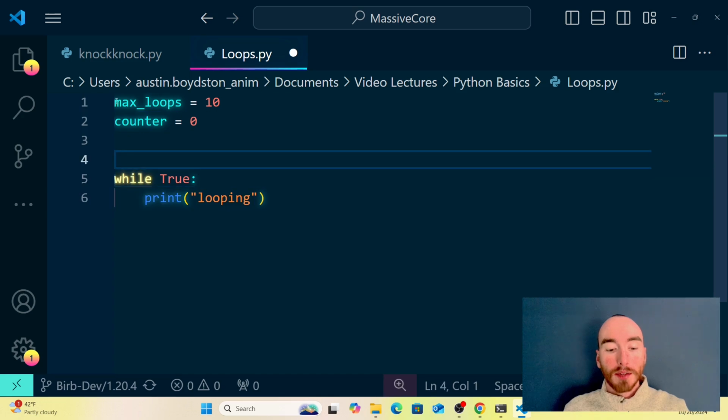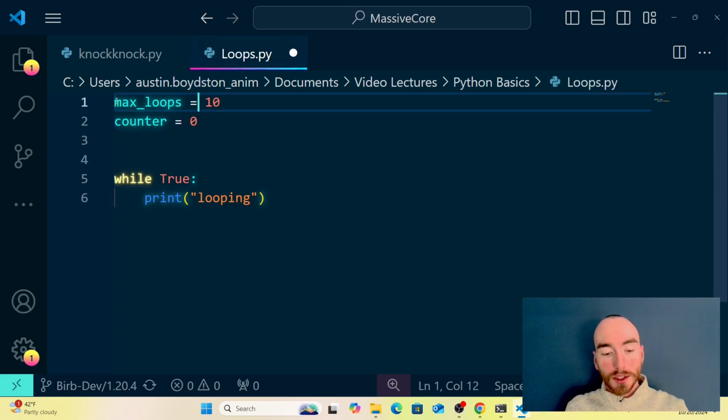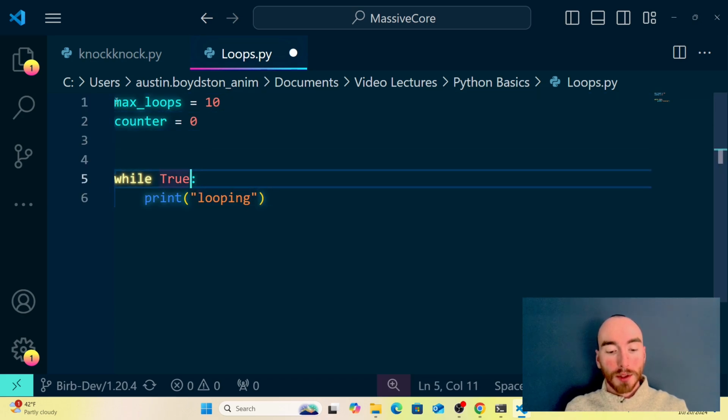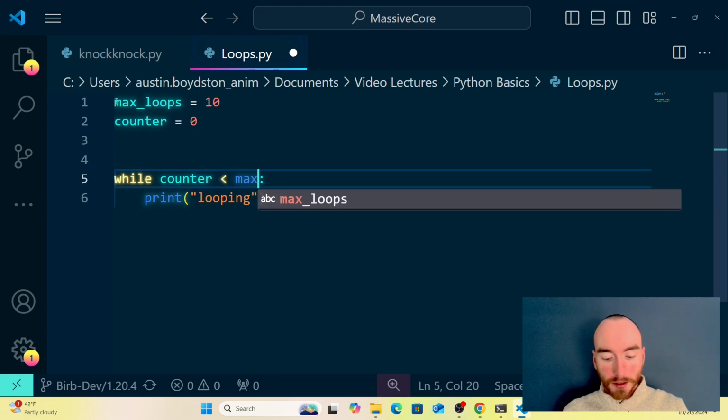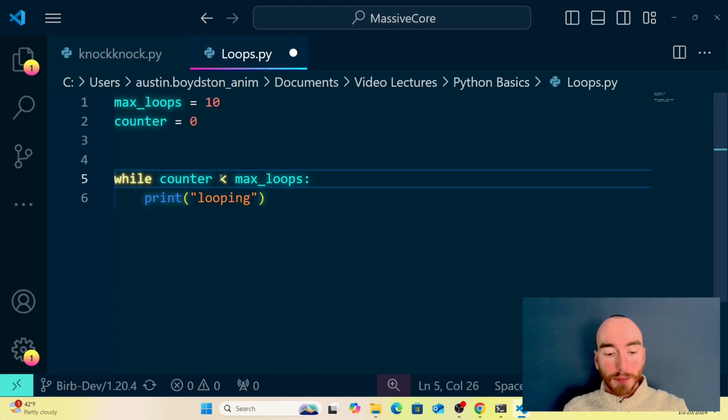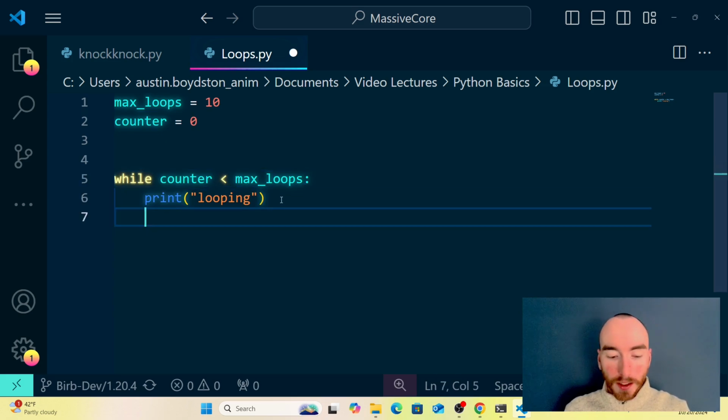All right, and now if I want this loop to stop after 10 times, I have to use these two variables in my loop. So here I'm going to check to see if my counter is less than max_loops, because we only want this loop executing if counter has not reached the maximum amount of times. Last thing we've got to do is count each time the loop executes. So at the end of my loop, I'm going to say counter equals itself